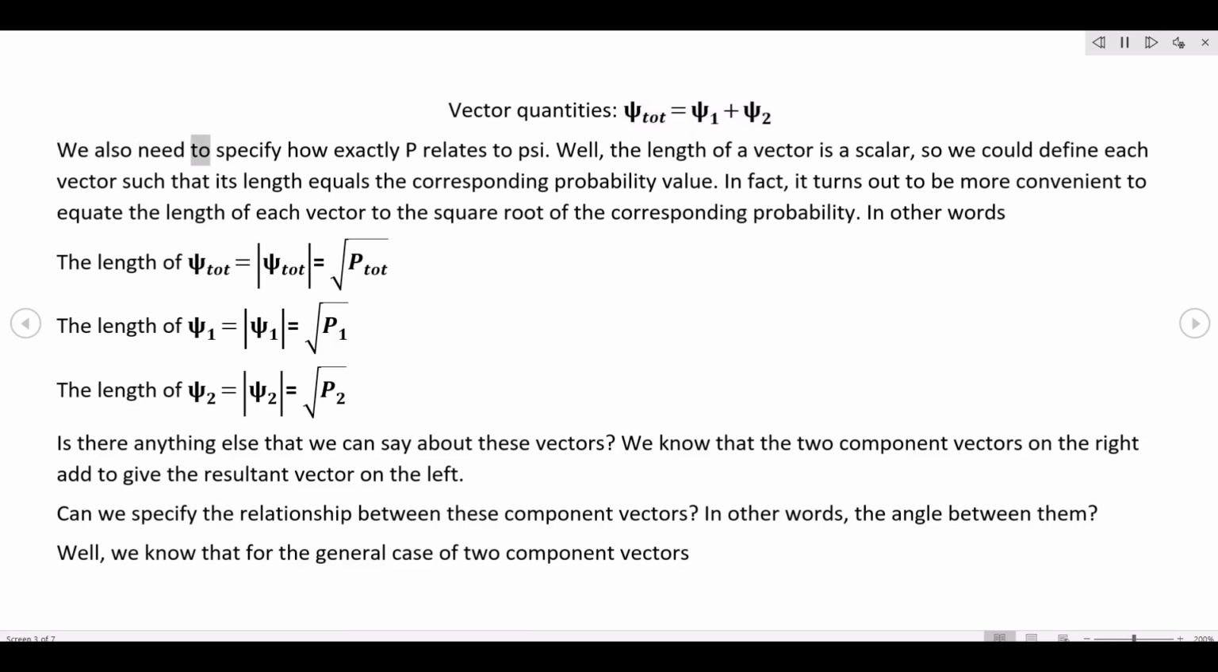We also need to specify how exactly p relates to psi. Well, the length of a vector is a scalar, so we could define each vector such that its length equals the corresponding probability value. In fact, it turns out to be more convenient to equate the length of each vector to the square root of the corresponding probability. In other words,